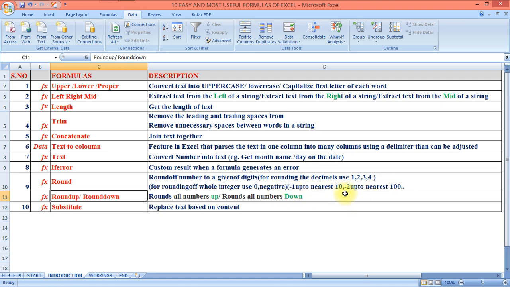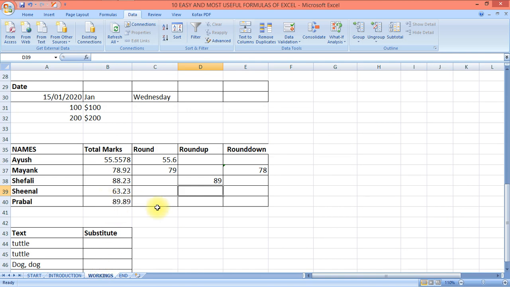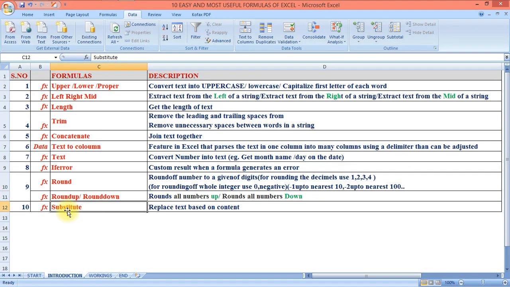If nearest 100, use minus 2. Let's see. Now this is a number. I want it converted into the nearest 10. How will I do it? I'll copy this formula, F2. I'll put minus 1. Enter. 60.